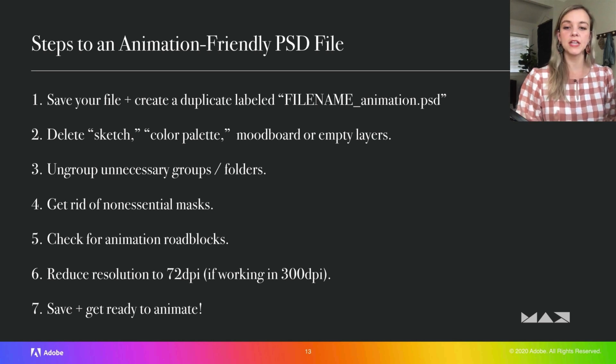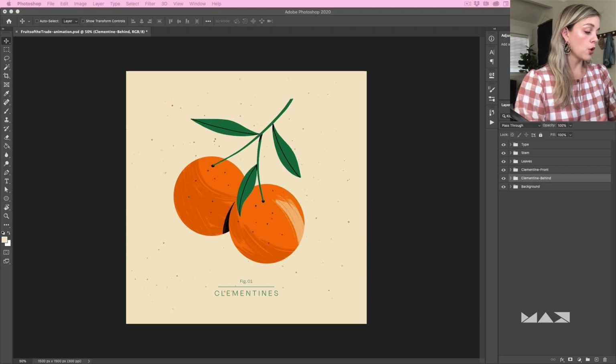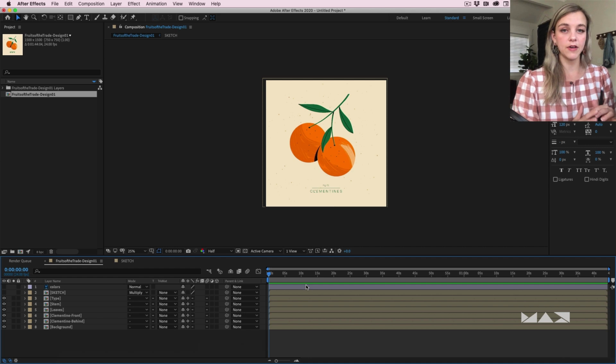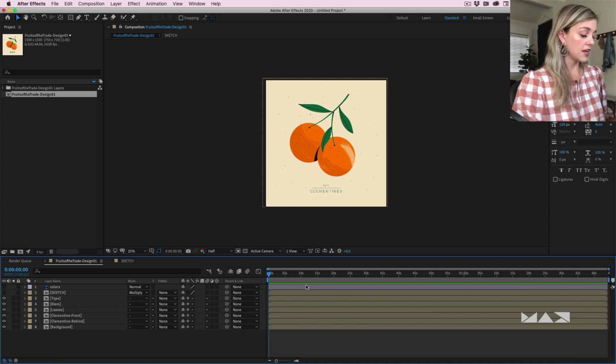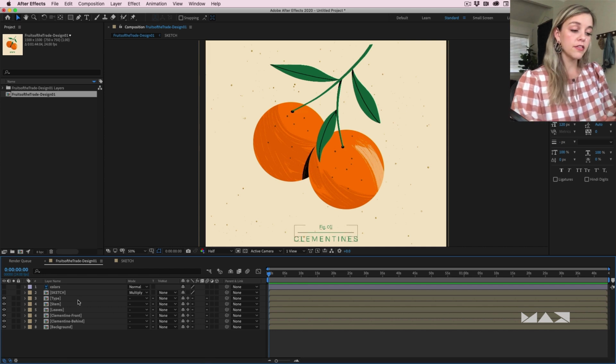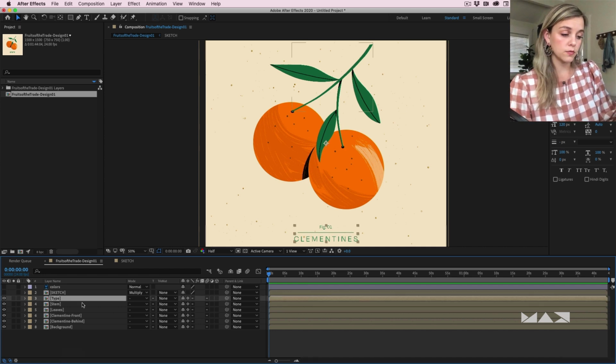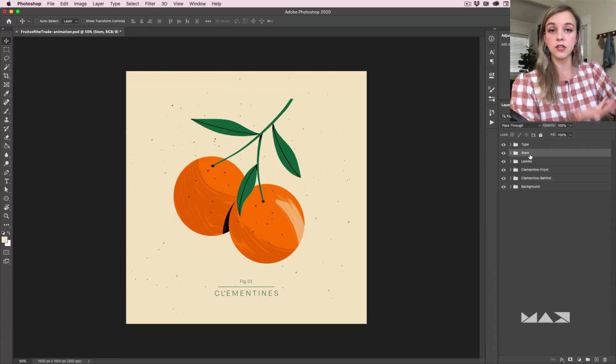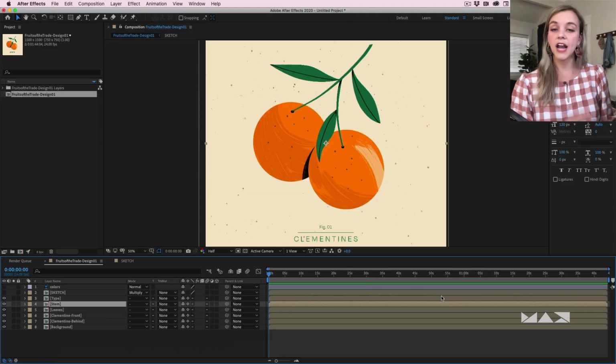The next step would be to ungroup any unnecessary groups or folders. Now I want to show you what I mean by that. Nol will go into this in a lot more detail, but essentially if you open up your Photoshop file in After Effects, there's a couple steps you need to get there, but once it's in there, you can see that everything that I had labeled as a group, so this stem group right here, in Photoshop, it was literally just a group called stem,